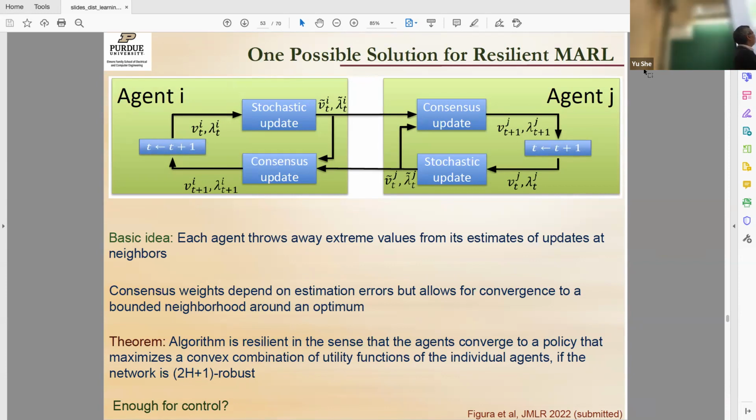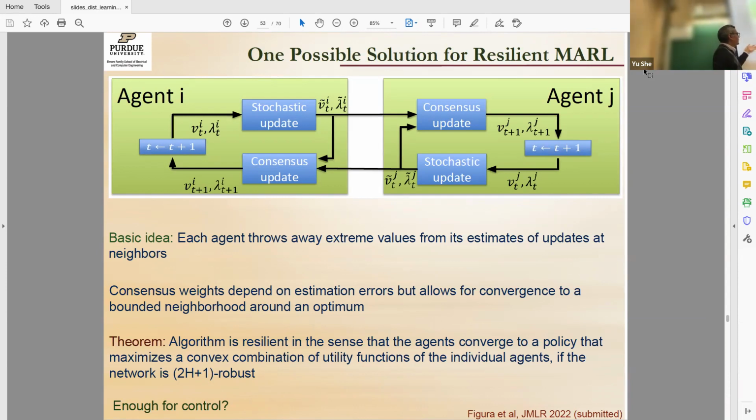So, following up on Dr. Sundaram's work, what we do is we ask each agent, when it's doing this consensus update, to throw away the extreme values that its neighbors want to send, right? So if a neighbor is strategic and it wants everybody to go to an extreme agent, at some point, it will not be sending values that are close to what other agents are doing. And so we throw it away. So then the strategic agent cannot do arbitrarily bad things. It has to make sense, right?